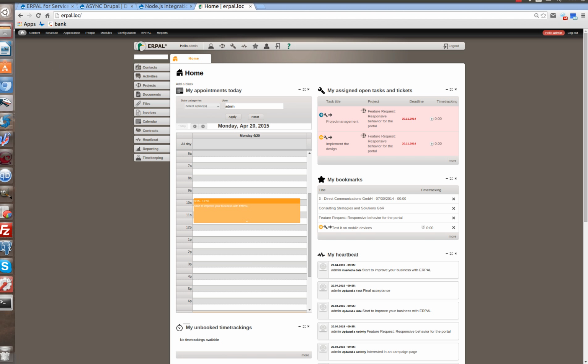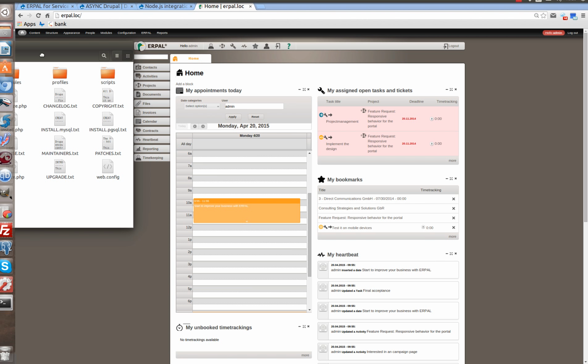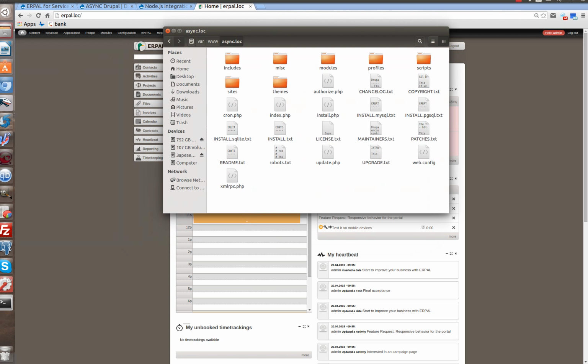But even these simple features will make ERPAL more dynamic. That will save you precious time. For example, if you want to check if there is any change on the site, like a new message, contact, etc., without reloading the page. So we've also downloaded the latest version of ASYNC Drupal, and now all we need is to